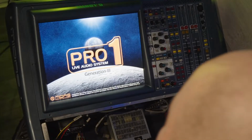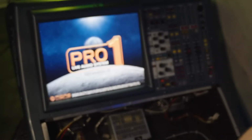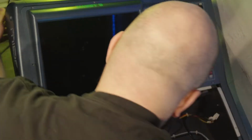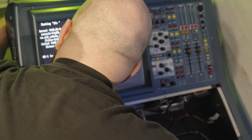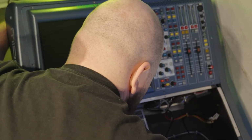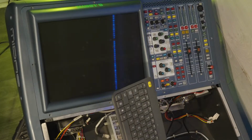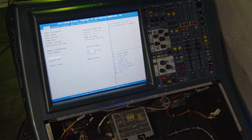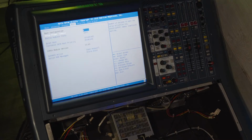On that internal drive I want to have a copy of the install firmware, because it's been known to cause problems for some users. Hold on, let me bring that up, and I'm going to bring up delete. Yeah, okay, we're in there. I want to try to